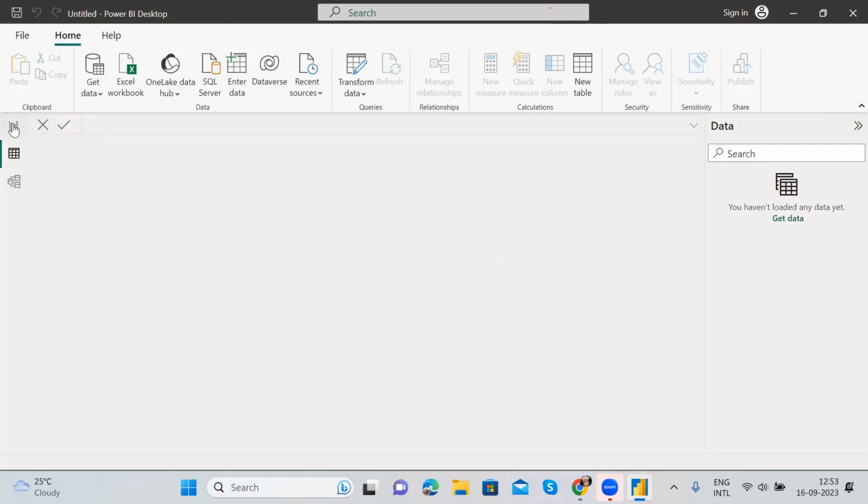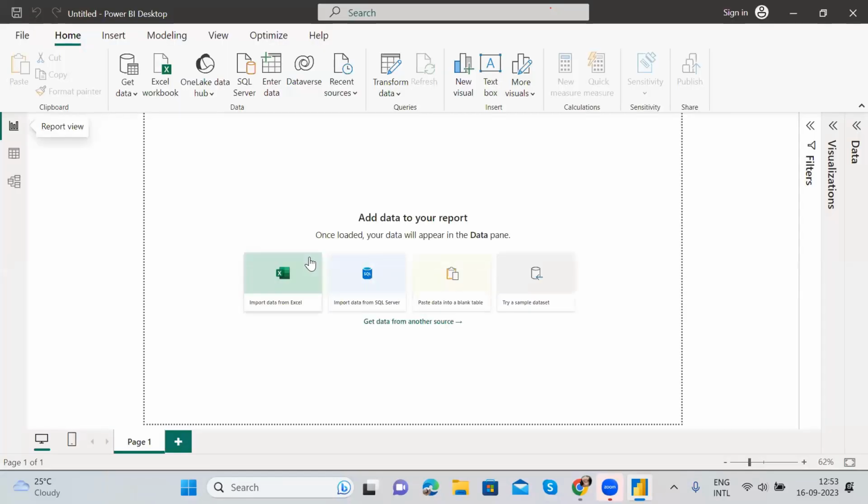And this is your report view, where you will get the reports, like whatever you build. And if you go to the right side, there are 3 things: filter, visualization, and data. You can expand those and collapse those. Okay,